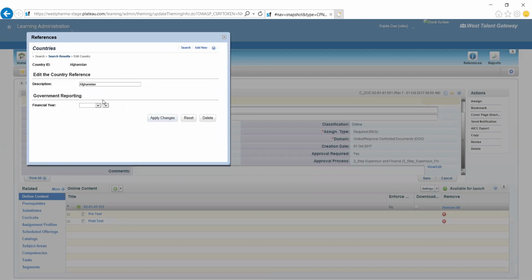But one thing you have to be careful about here: if you are using it for any kind of reporting purpose, you have to mention the financial year here. In India we start our financial year from April. In some countries it might be from June, it can be from January. So you have to click if your financial year is starting from, for example January 1st, then you have to just maintain that. That is the only thing you need to do here in the country section.